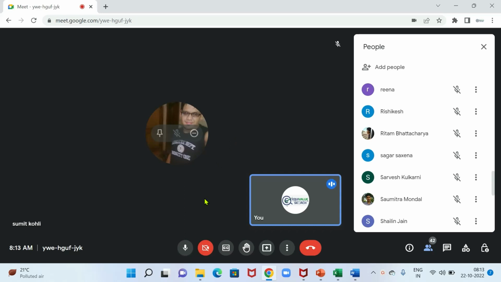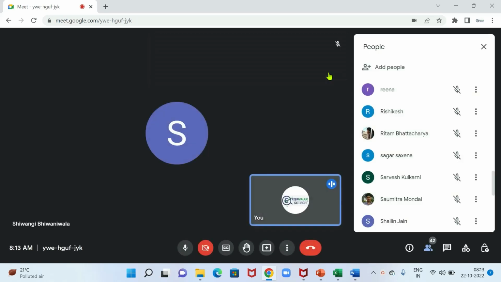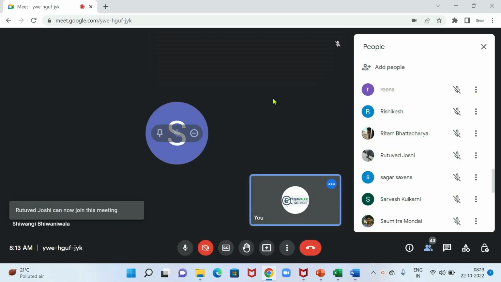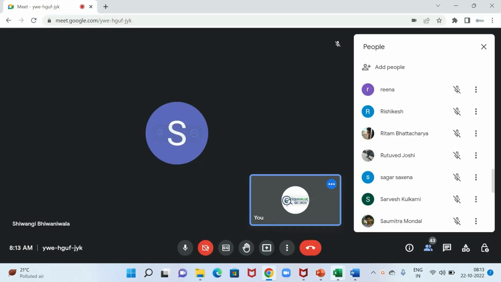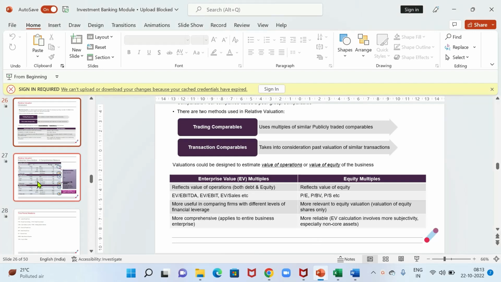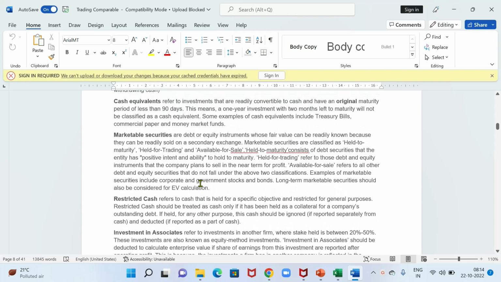Let's start the session. Before I proceed, I hope you have gone through that Excel that was shared with you and were able to compute the enterprise value. Trust me, this is all technical today. So, should we brush up on the enterprise value again? Yes, sir, a little bit. So, I'll give you more context to it.